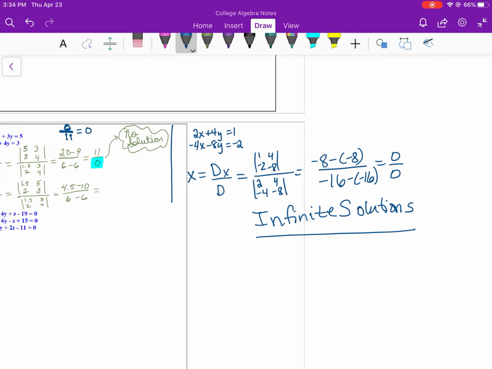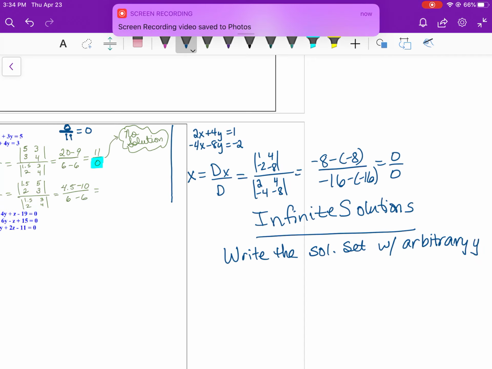Okay, so when we get infinite solutions, what we need to do is make the y arbitrary. So we're going to write the solution set with an arbitrary y, just like we did in lesson 5.1. So that means we solve one equation for x,